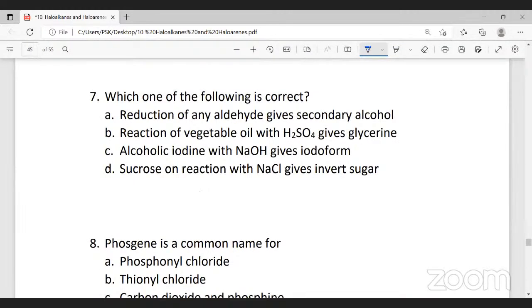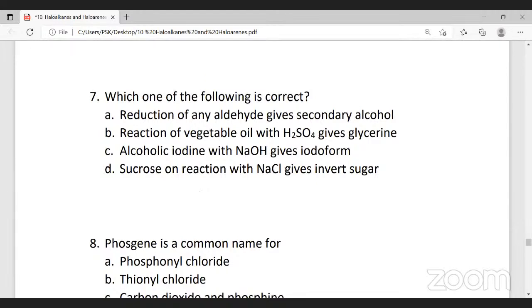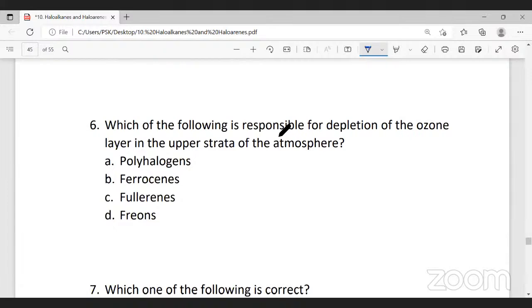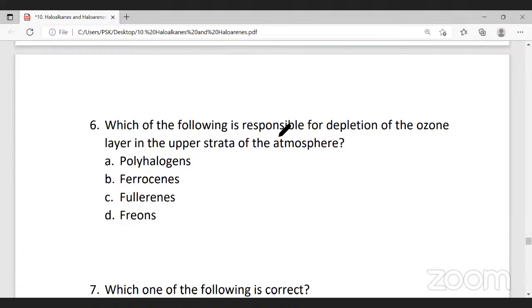Which one of the following is correct? Which of the following is responsible for depletion of ozone in the upper strata of the atmosphere? Polyhalogens, freons. Freons are one of the components responsible for ozone depletion. And another one is nitric oxide. Nitric oxide is an effluent